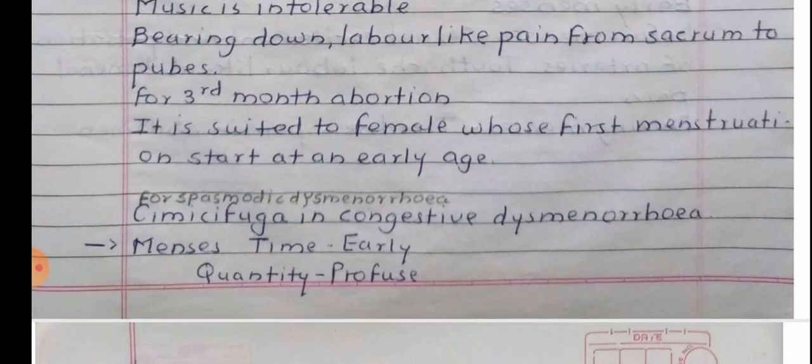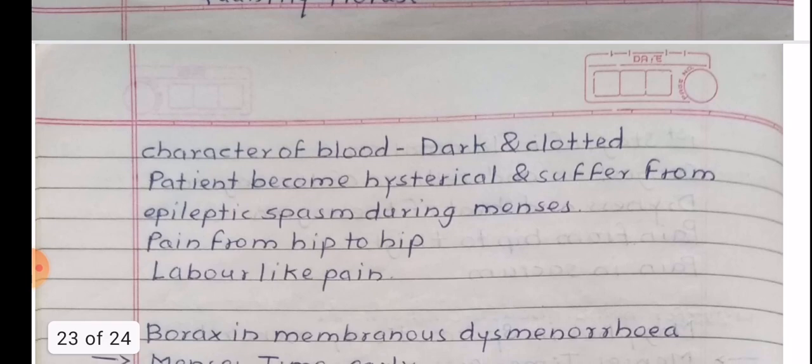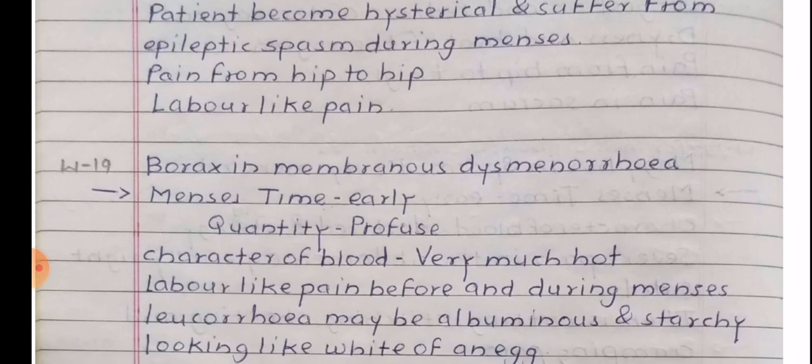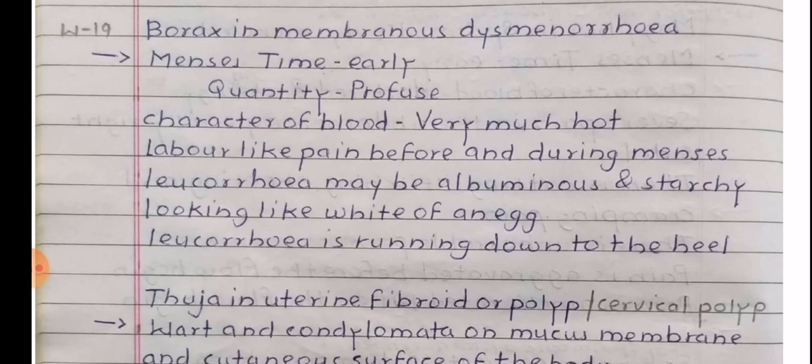Cimicifuga in congestive dysmenorrhea, menses time too early, quantity profuse, character of blood dark and clotted, patient becomes hysterical and suffers from epileptic spasm during menses, pain from hip to hip and labor-like pain. Borax in membranous dysmenorrhea, menses time early, quantity profuse, blood very hot, labor-like pain before and during menses, leukorrhea may be albuminous and starchy, looking like white of an egg, running down to the